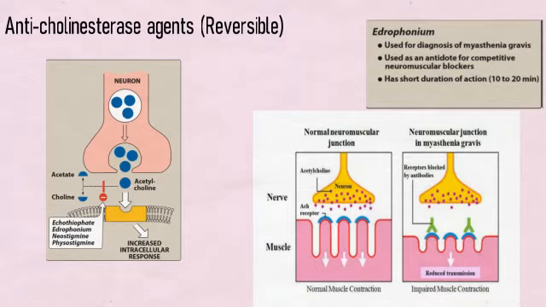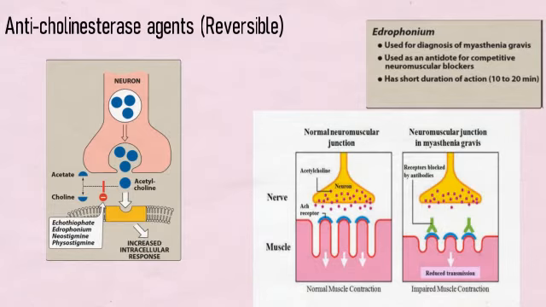Now, about myasthenia gravis, you can see in this figure, we have two neuromuscular junctions. You can see that the neuron is synapsing with the muscle fibers, and definitely there is a communication between both of them. The muscles have acetylcholine receptors. In the normal one, you can see acetylcholine released, and it goes and attaches with its receptor and activates it, and there is normal muscle contraction.